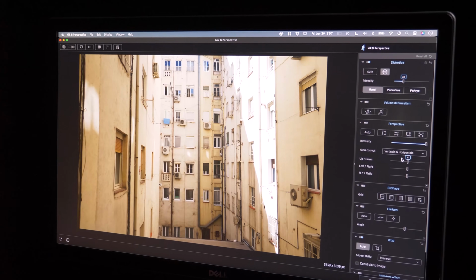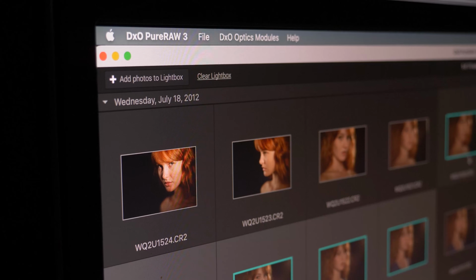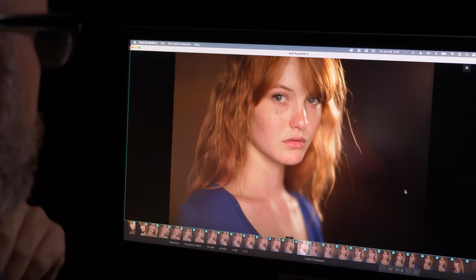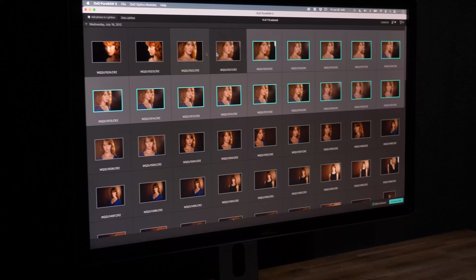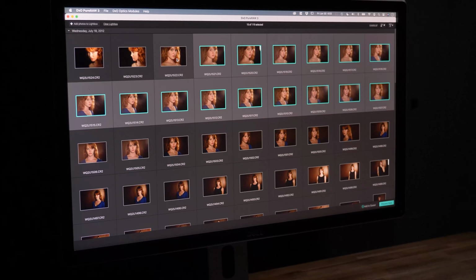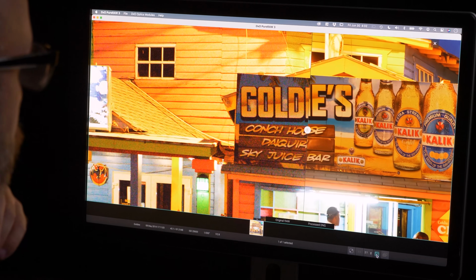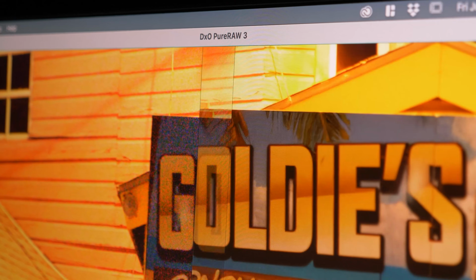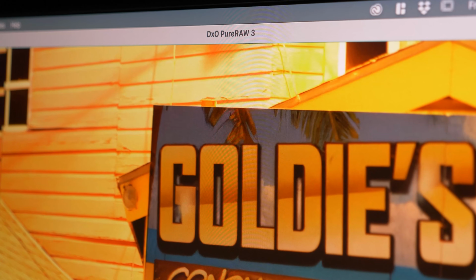the Reshape tool. We're also going to be covering DxO Pure Raw. It is the ultimate tool for converting raw images and preparing them for post-production. You can correct optical distortion, sharpen your images, and use artificial intelligence to denoise your images in the most amazing way. DxO Pure Raw is the best noise reduction software I have ever seen,